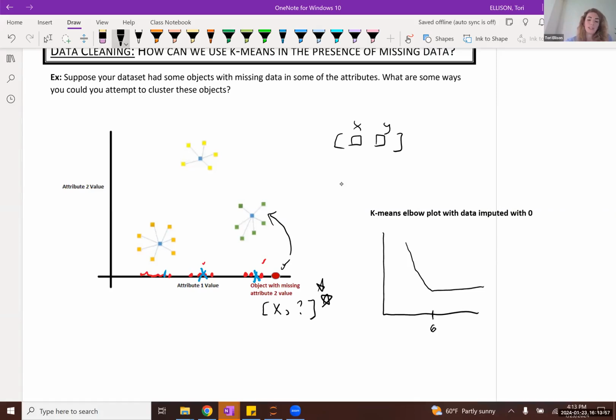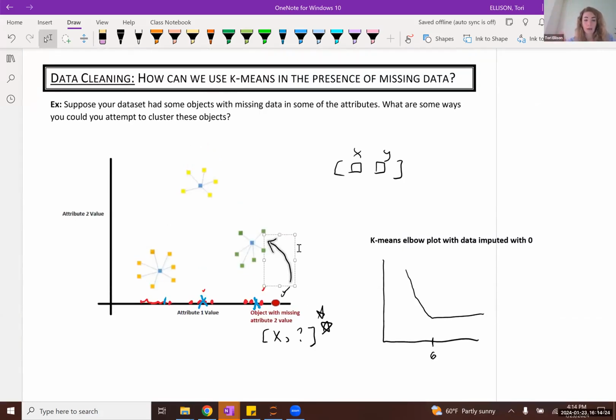Okay, but then unfortunately, we do end up leaving out this potentially useful information. So in essence, we were not allowing this value in the observation to contribute to the overall clustering structure. So that is a downside as well. Okay, all right, questions on that? Okay, so again, when you're going through your final projects in the end, you do want to be very careful about every step of the data science pipeline, really thinking carefully about how each of your pre-processing steps may in fact impact your overall cluster analysis.